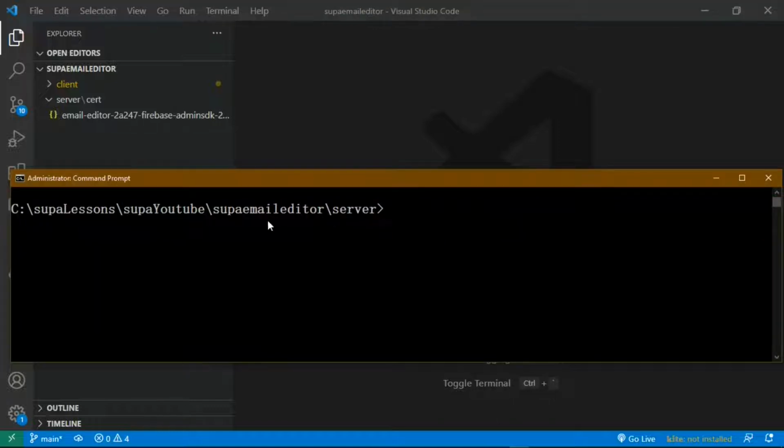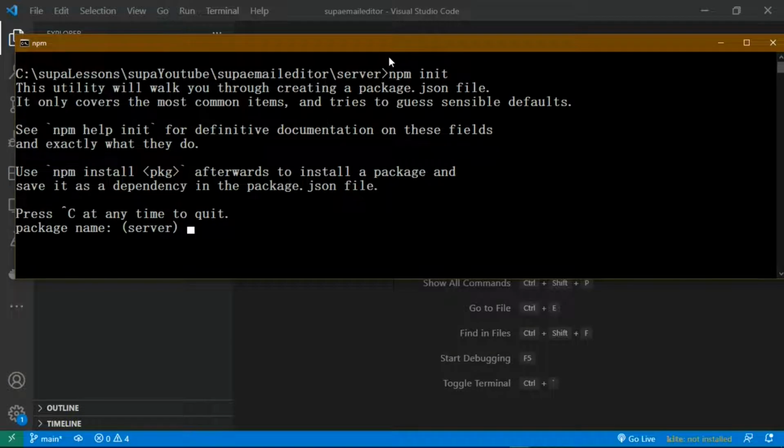So in order to do this, navigate to your server directory within your project and run this command: npm init. It's going to ask us a couple of questions. The package name, server, yes, leave it. The version, leave it, press enter. And the description, just say an